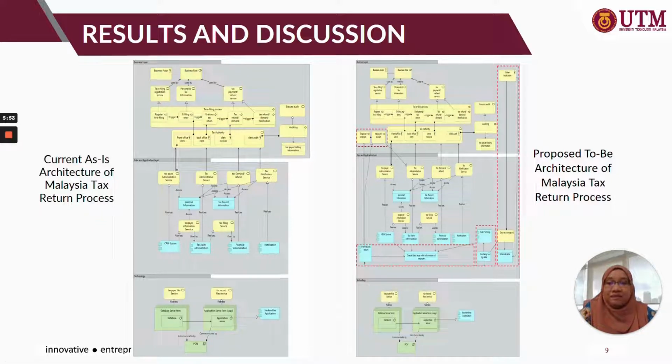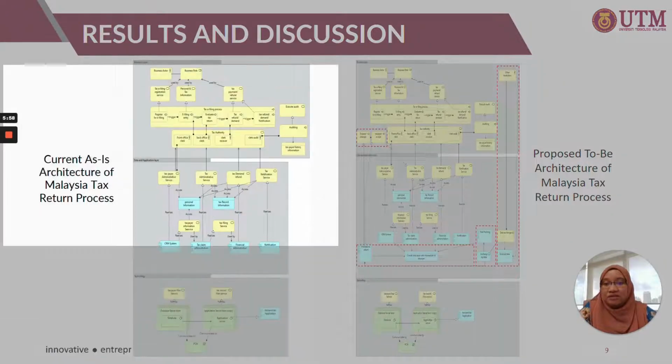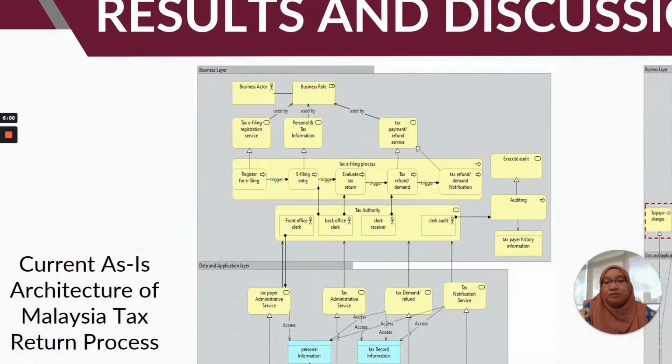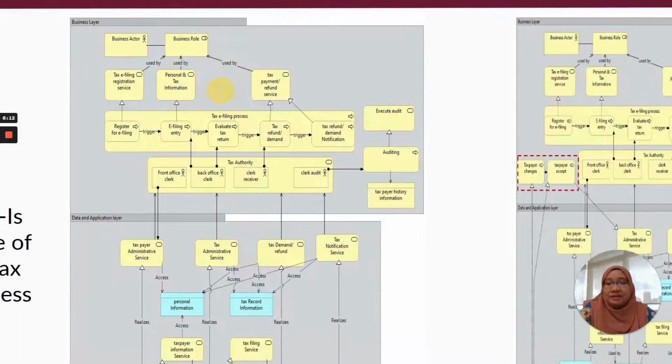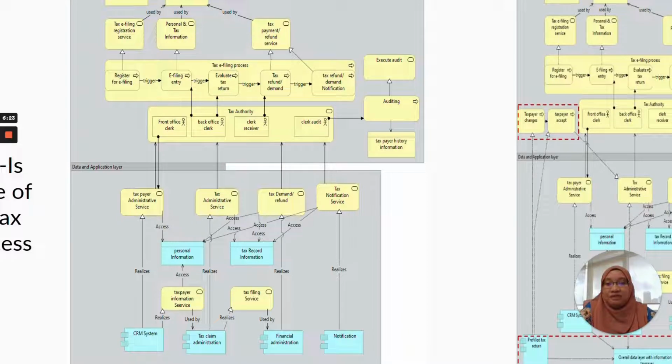Before that, I explained that we analyze the business process of tax compliance. So we translate this process using the EA approach, and this is ArchiMate notation. We are able to identify the business rule, which we put in writing in detail, and then these are the related functions. This is the existing function, how they conduct the tax e-filing process, and then this is the approval process, which goes to auditing, and so on.